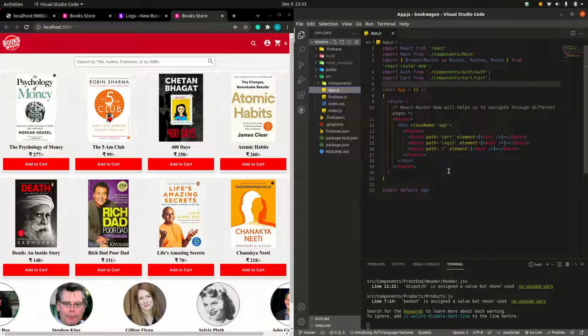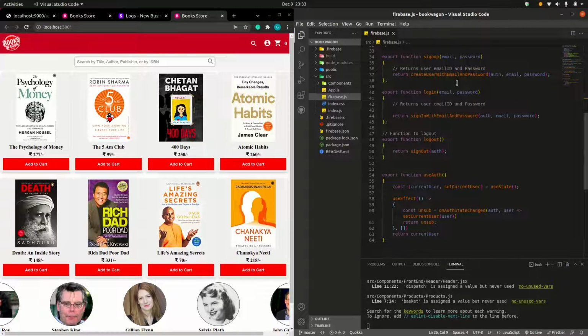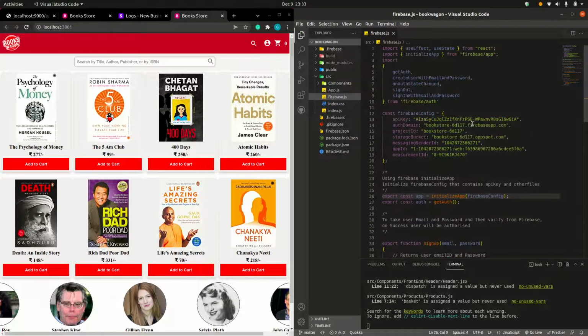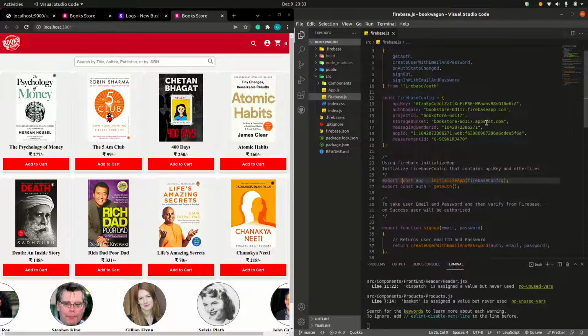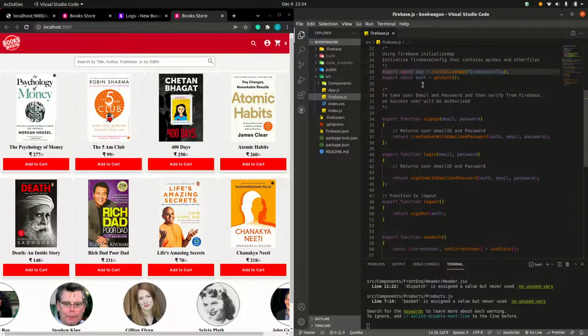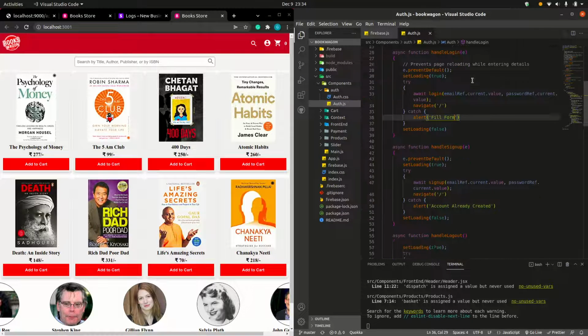The folder structure is also very simple. The app uses the basic route feature from React Router DOM, Firebase API, and various authentication login functions, and everything has been kept in API and auth folders. The file structure has been kept very simple.